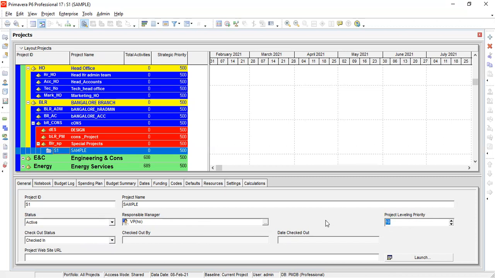Then responsible manager, project level priority. Here only you have to set the project level priorities. Here 10 is very low, so the range is 1 to 100. Very critical means you set it as 100. High priority project, so we can't stop, we can't delay, we can't do any float. 50 means normal track. 10 means low priority. Okay, sir. Clear or not clear?